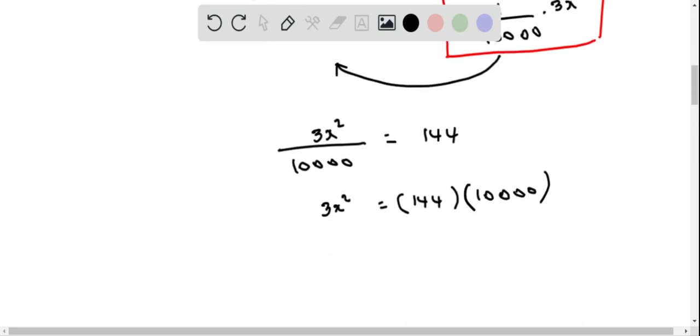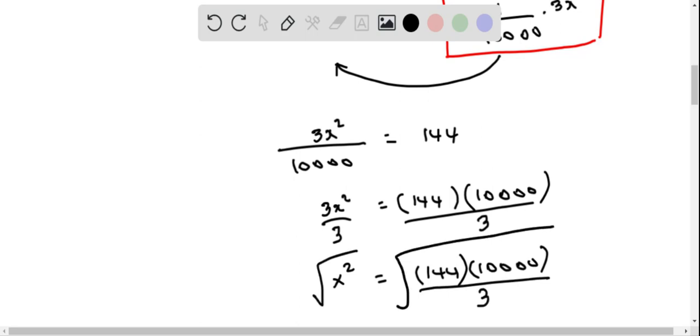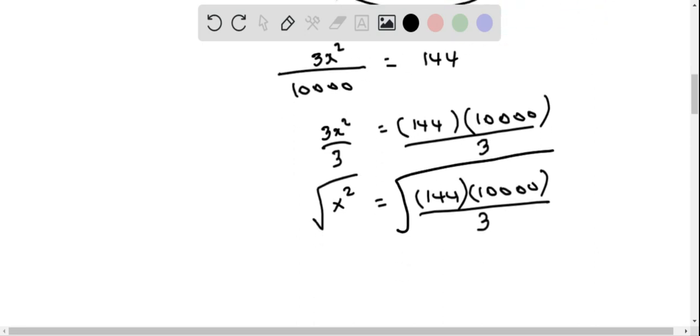We have to divide by 3 now. So let's divide by 3 so that we get only x squared on the side. So here we have 144 times 10,000 over 3. And to determine the x, we have to take the square root on both sides. So we do the square root, and we can plug this into the calculator. And when we do that, we get the values of x as plus minus